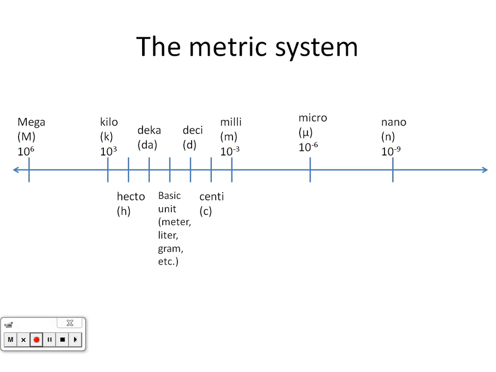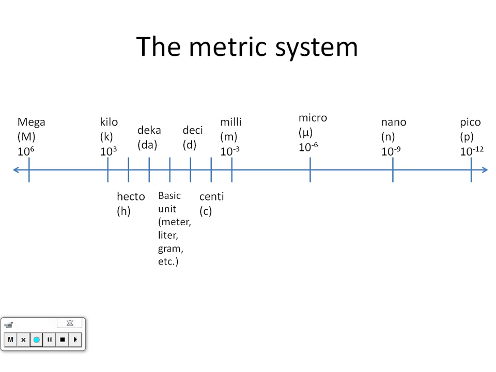And even smaller than that, 1,000 times smaller, is the pico. The pico is 1,000 times smaller than a nano or there are 1,000 picos in a nano. There are 1,000,000 picos in a micro. There are 1,000,000,000 picos in a milli, and there are 1 trillion picos in your basic unit. So there would be 1 trillion